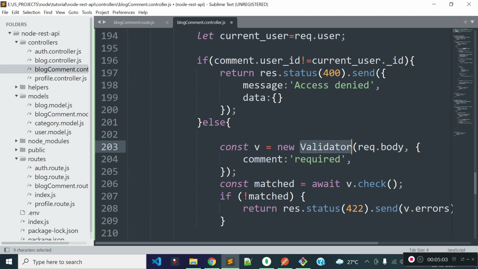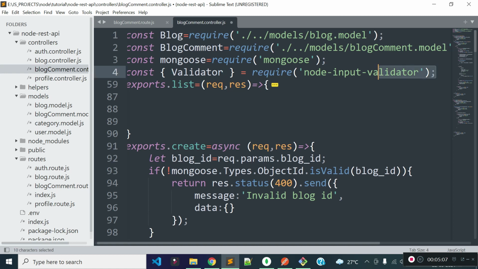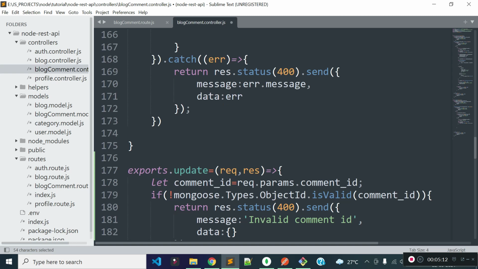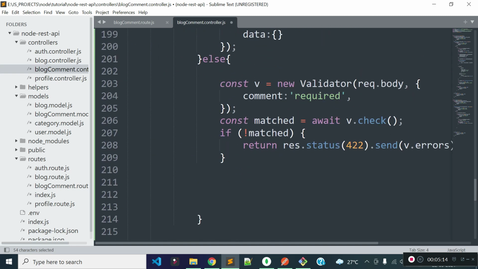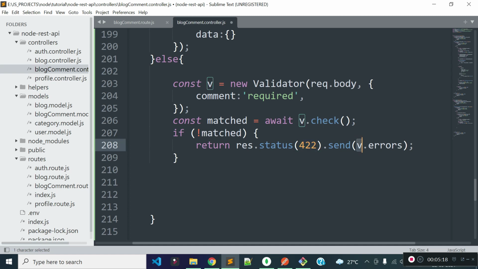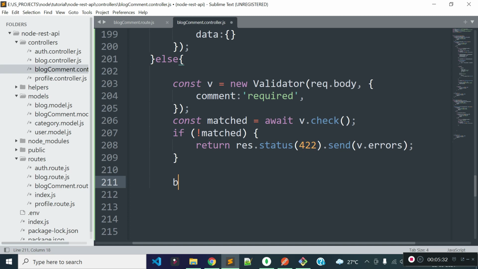We already imported this validator inside our blog comment controller from the node-input-validator library, and if validation fails, then we'll return a JSON response with validation error messages, and the status code will be 422. And if validation passes, then I'll allow the user to update the comment. So we can update the comment with the help of the blog comment model's updateOne method.